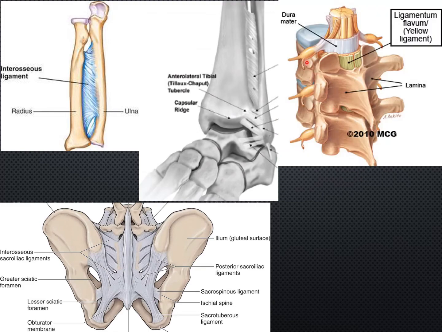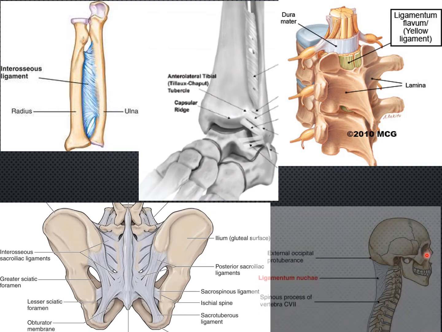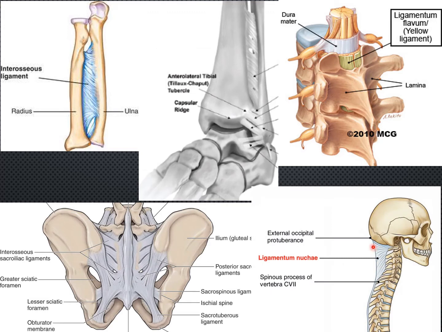You have studied, you have learned the parts of vertebra. This is the view from the posterior aspect. You can see this is the lamina, and connecting the adjacent laminae, you get this yellow colored structure, that is the ligamentum flava. And you have studied about the ligamentum nuchae, that is extending from the external occipital protuberance towards the C7 spinous process. There is one continuous sheet of fibrous tissue that is made of elastic fibers, and that is known as ligamentum nuchae.